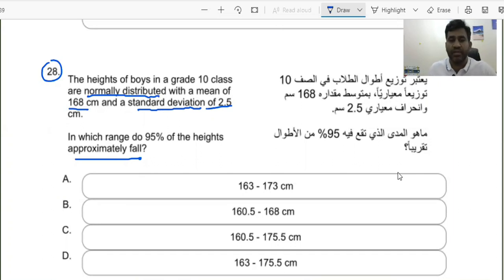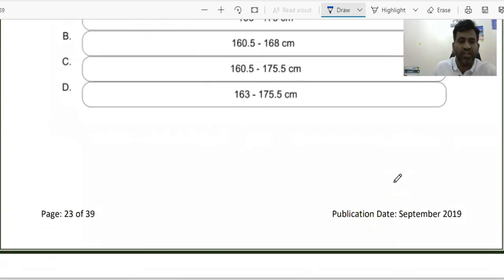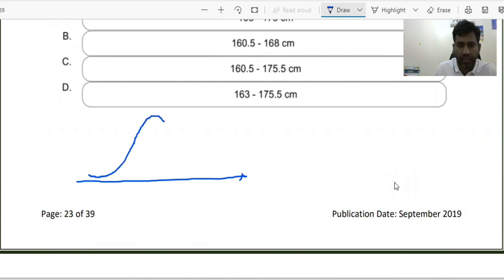So let me represent how the normal distribution and the standard deviation are related. I'm just going to represent it approximately. We usually say a normal distribution curve; something we draw in this way on the xy plane. You might have gone through this when you studied statistics. This type of curve is called a normal distribution curve, and whatever the highest point, the peak point, it always talks about the mean, the average, right?